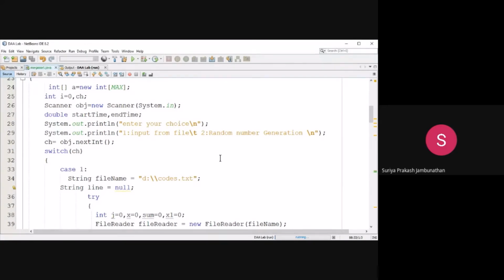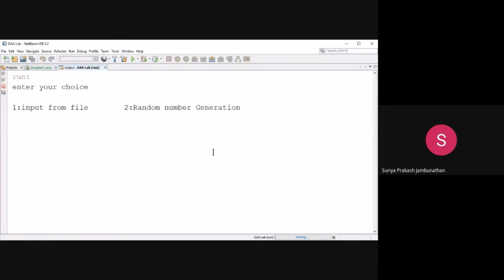Okay. So let's execute this code. We executed already, and we got two options as I told. So let's execute the random number generation first. So I am executing random number generation. It's asking the size of the array. The size of the array should be more than 5000. Keep in mind the size of the array should be more than 5000. I am giving 5001. Okay, that is very important. Don't give very small sizes; you have to give 5000, 6000, 7000 like that, or 5500, 6000, 6500, 7000 like that. Five inputs we have to give, and you have to take the time, and you have to plot the graph.